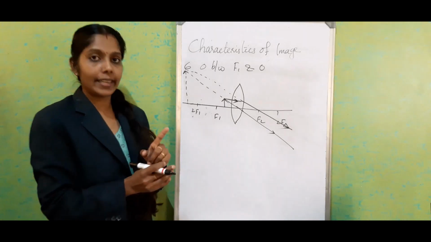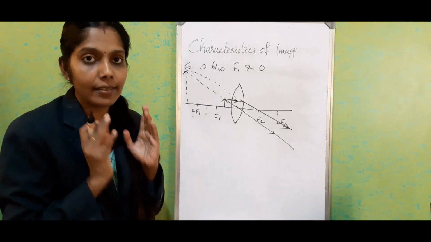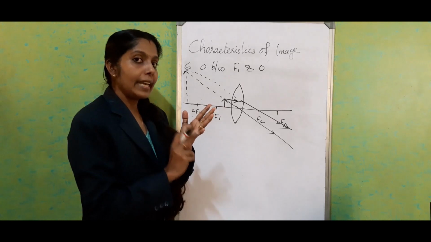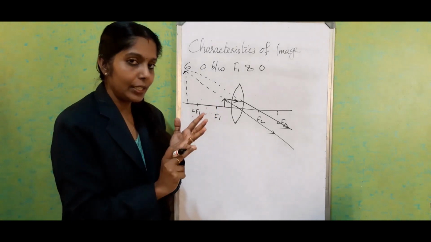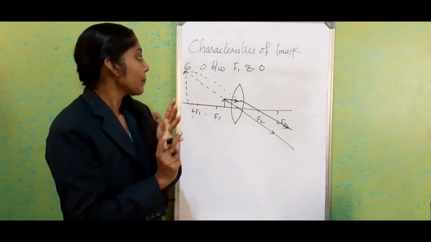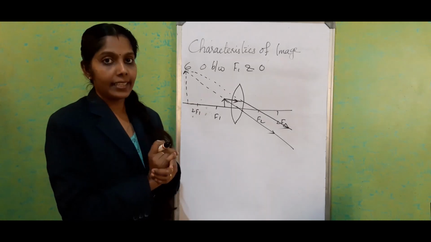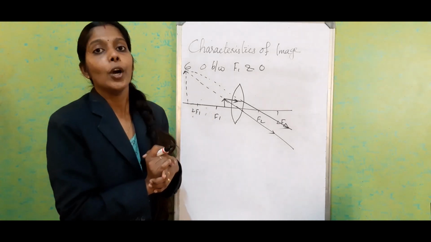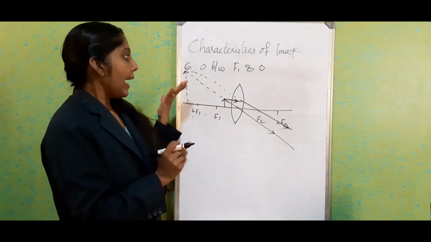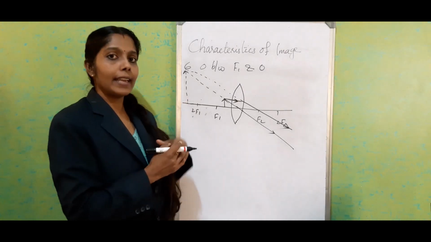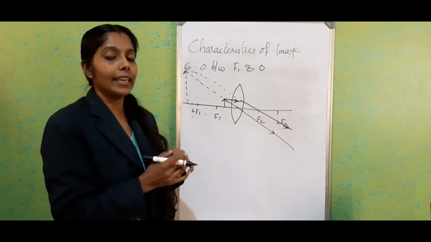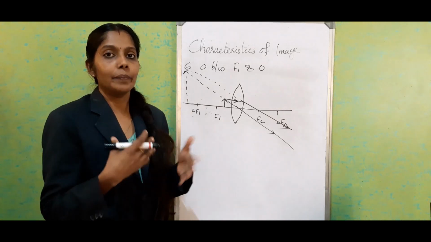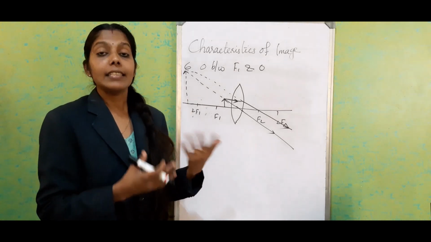So one exception case is there for the convex lens. We will get the image as enlarged one, virtual image, and it is erect in nature. So this is the last exceptional case of the convex lens. And we are using too much of application with this condition as a magnifying glass in a simple microscope.